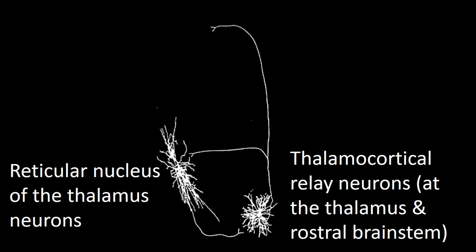That is, both neurons, those in the thalamus and those in the rostral brainstem, are called the same way. These thalamocortical relay neurons send axons that make contact back with the neurons in the reticular nucleus of the thalamus